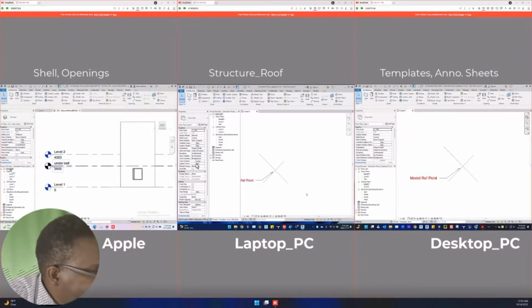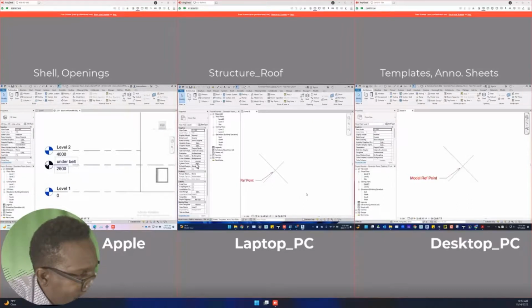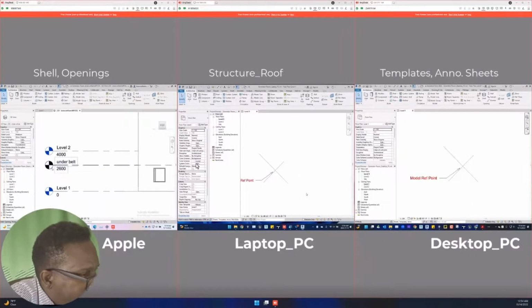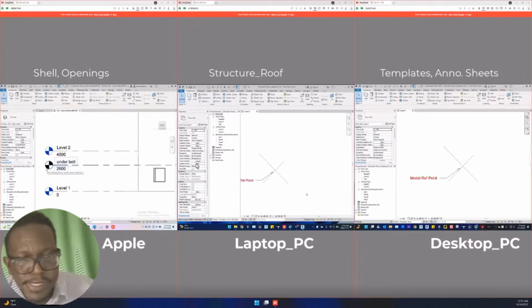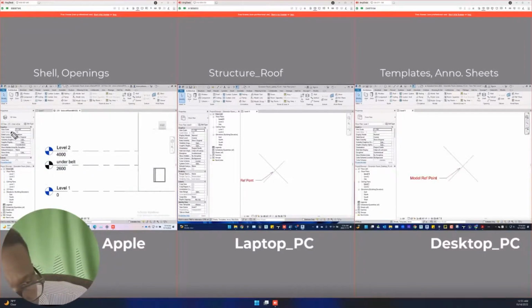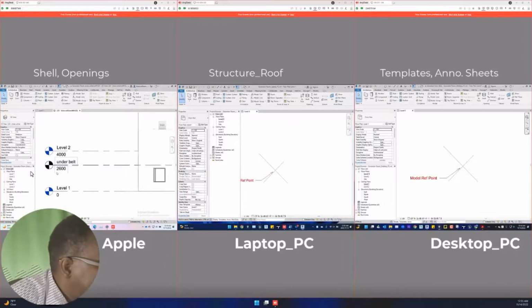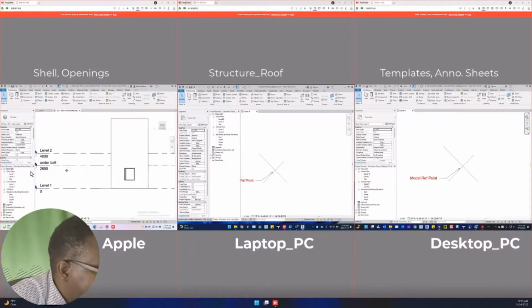And notice that this is black, so that means that this level does not have a corresponding plan, because the plans that you see here are linked to the levels that are in blue. The levels that are in black are simply just reference levels, right? Okay, so we're going to create this level. So this is the height to underneath the belt beam, and then